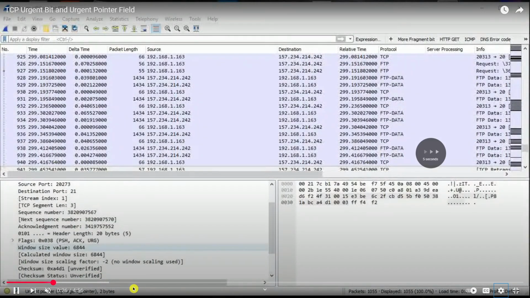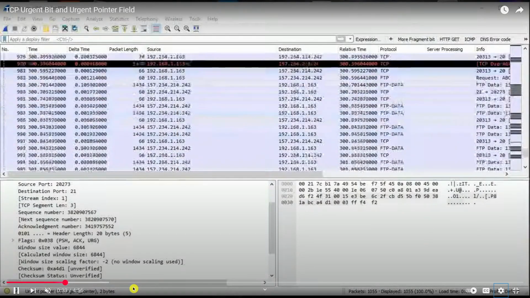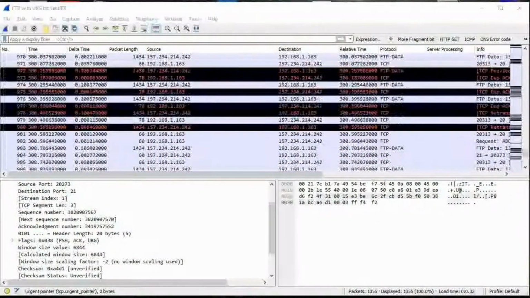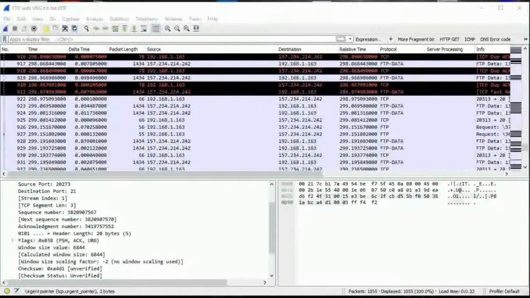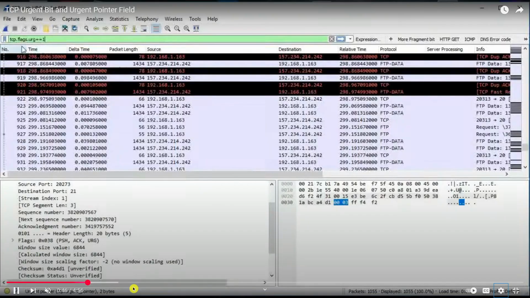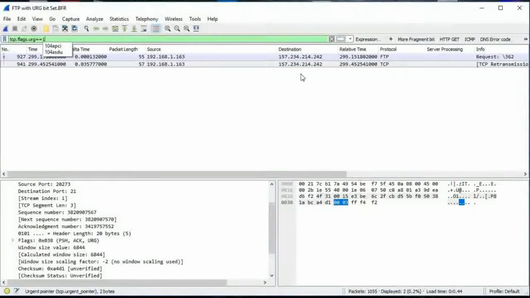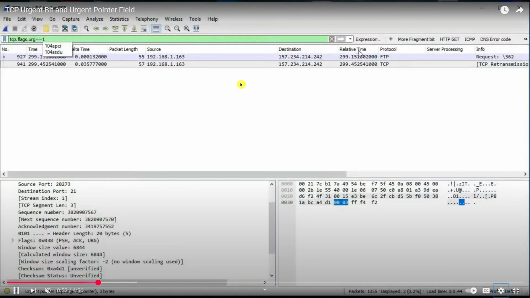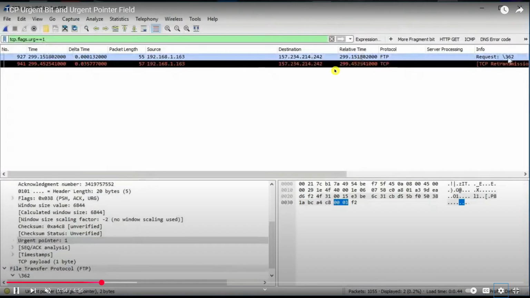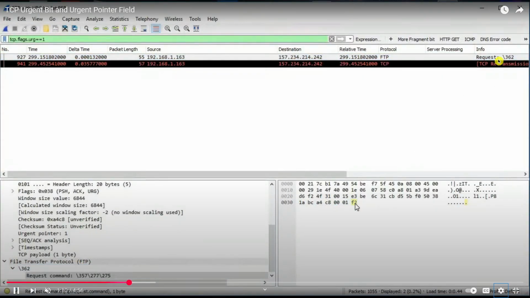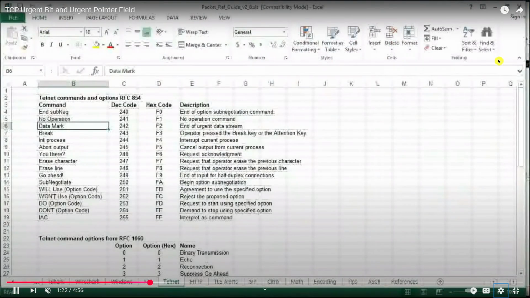So if you see, he copied some data. He's opening it. Same thing, filtering TCP flags equal to 1. Now you see, these are the two packets. So this is FTP, right? FTP request. When it is sending the request, you will see it here.